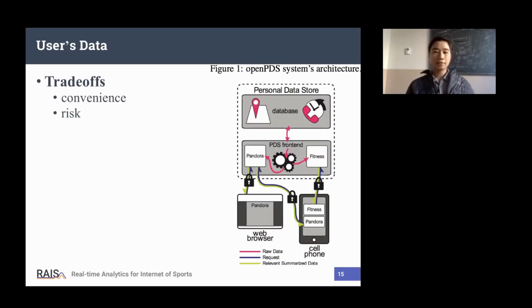So let's go into detail first with the user data, how OpenPDS can support the user to control the personal data. Currently, as I mentioned, the user should balance between the convenience from the service provider and the risk, which means the privacy violation.